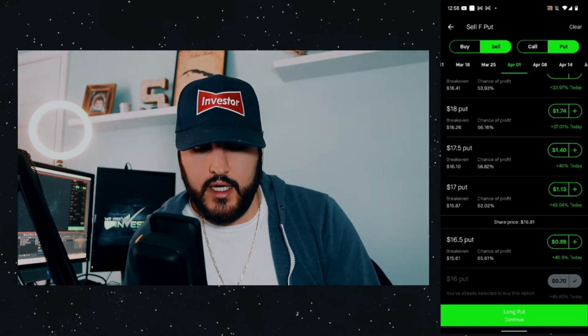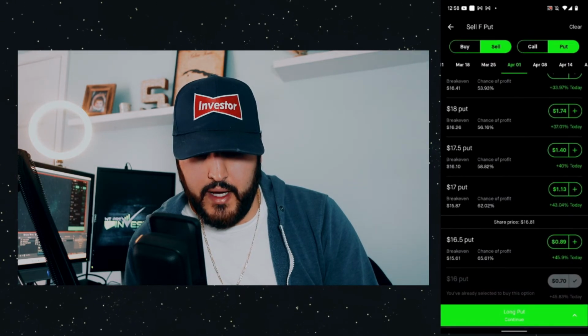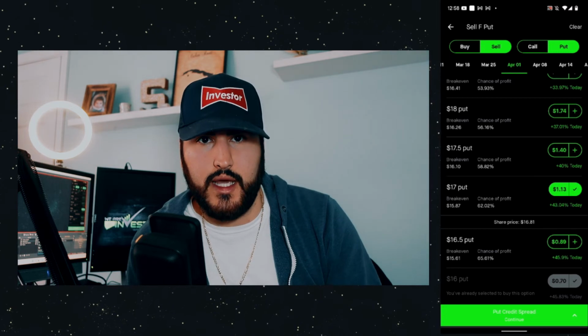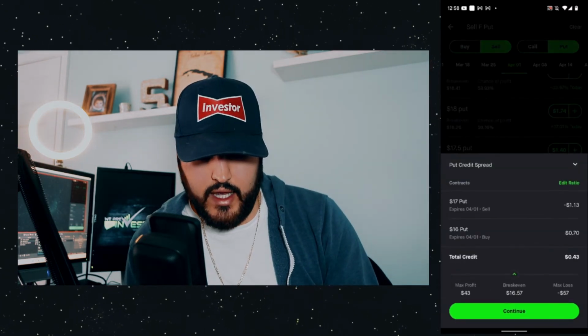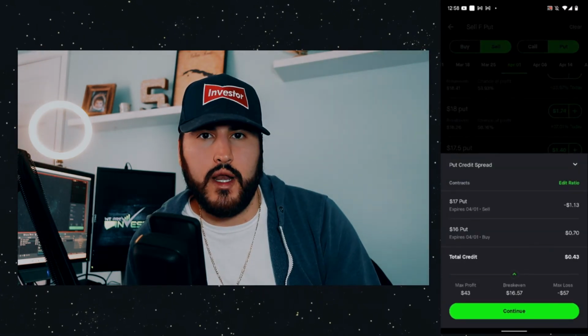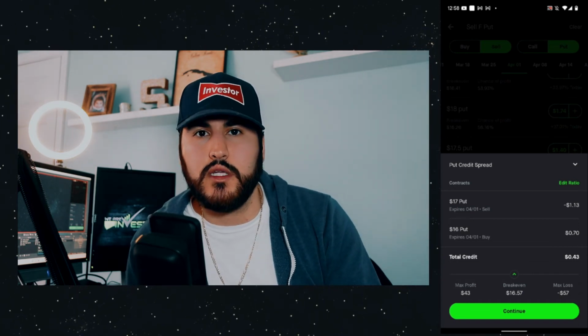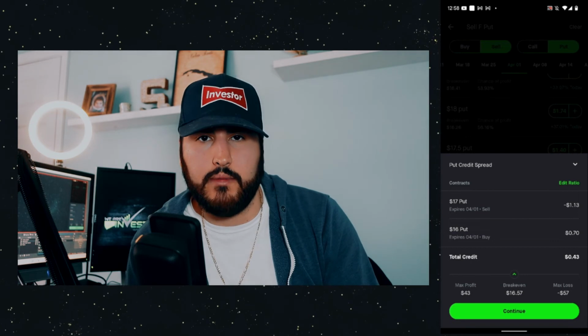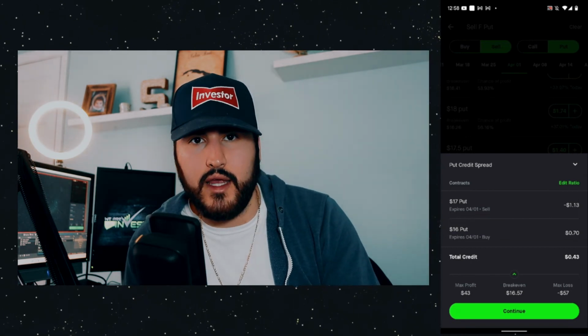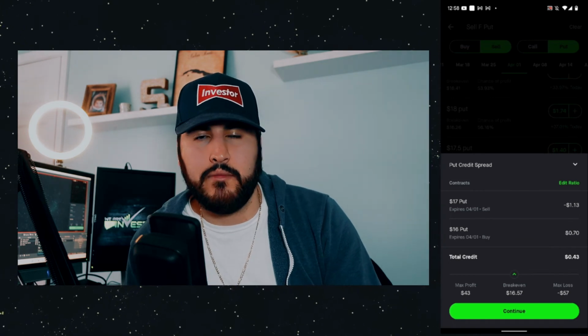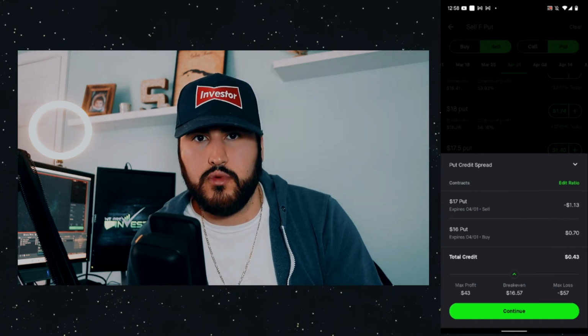So we'll click on it, and then you will notice it says put credit spread down below. So we'll click on that, and you'll see that the total credit for this position is $43. It's the difference between the premiums of those two put options, the one that we are selling and the one that we are buying. And all the calculations are going to be the same as that call credit spread option